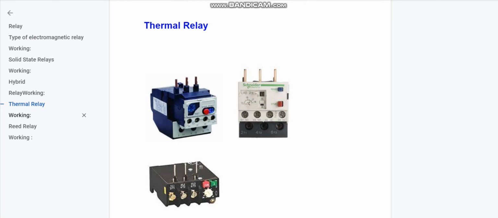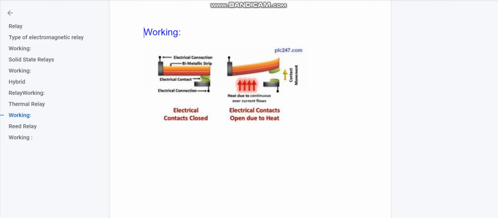Now its working. You can see the figure and understand its working easily. It consists of a bimetallic strip with different thermal coefficients. That means one of the metals will start expanding at a particular temperature while the other will not expand.